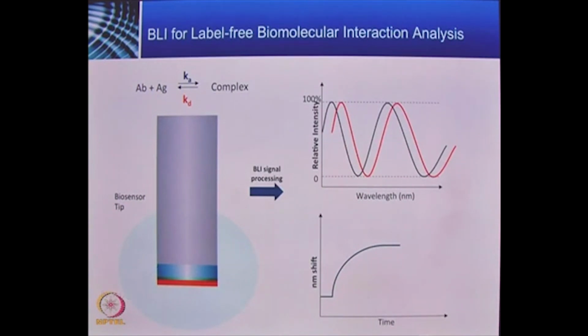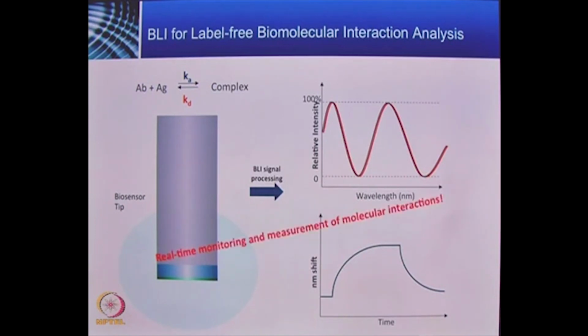Afterwards, if we move the biosensor to a buffer solution, the antigen will be dissociated from the antibody. Then from here, we can get a dissociation curve of the antibody-antigen interaction. So this is how the system works in real time. Because the BLI technology is developed based on this biosensor, which can work with different sample types, it allowed us